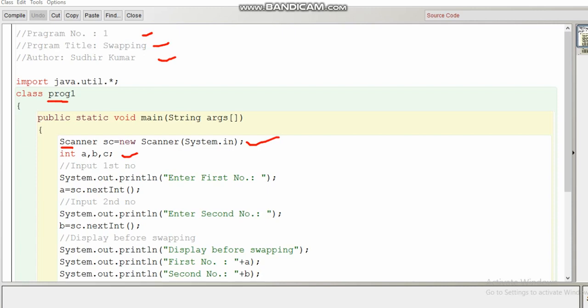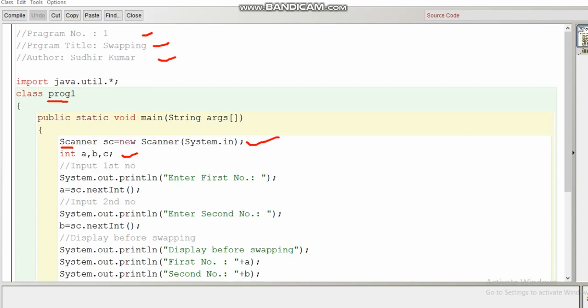Because this is the swapping program, and I have already told you the logic, and according to that logic there is a need for a third variable that is used for interchanging the numbers. You'll see how. After that, this is the way by which we can take a number.